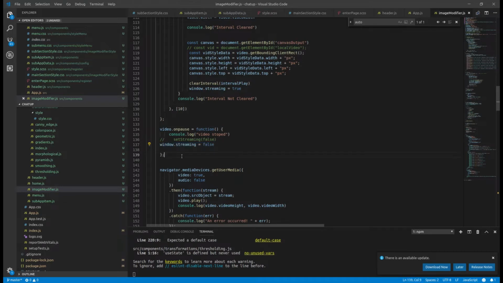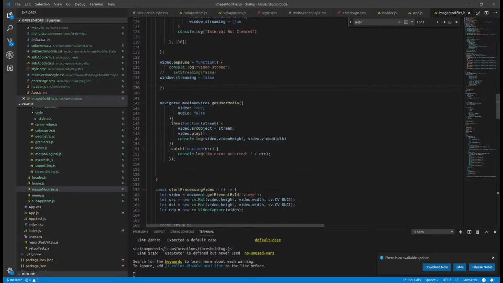Okay, and then use this code. What it does is to get the streaming data from the camera to the video element. That is the way you set this. That is the way you do that action. So you have the callback,